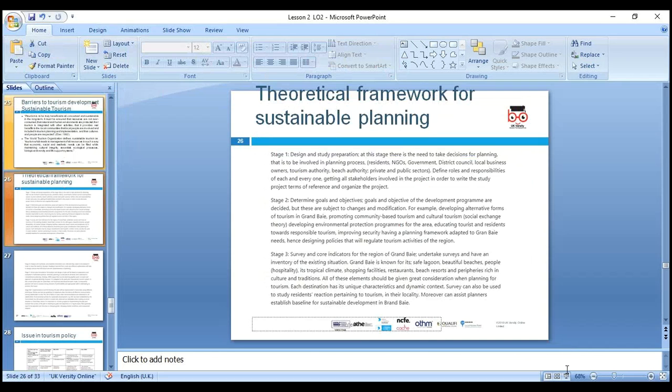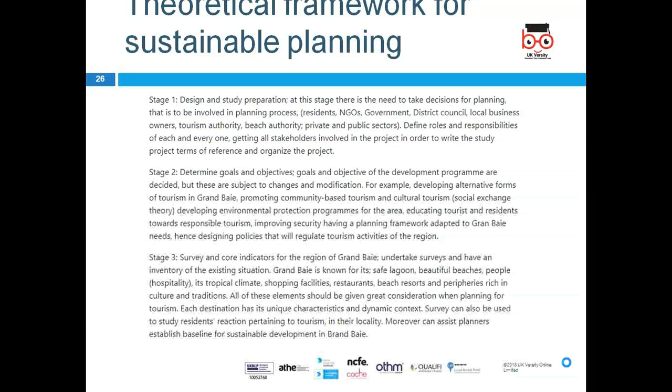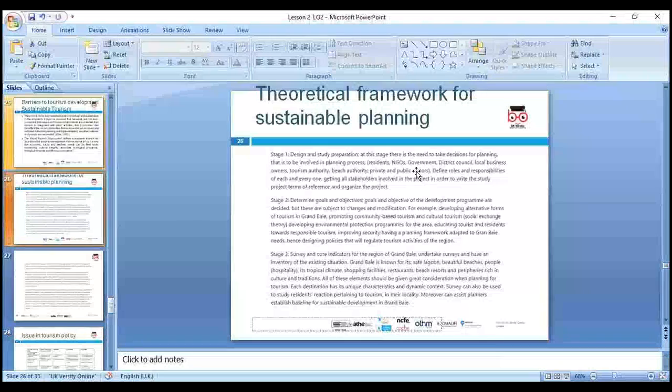Then there is a framework which we can follow. Stage one, you design, study, determine the goals, and do the survey of core indicators. Those will help you to implement it. It's like any budget, any plan you make. So first thing is economic growth, or we call it sales forecast. You want to budget your labor, budget your material,